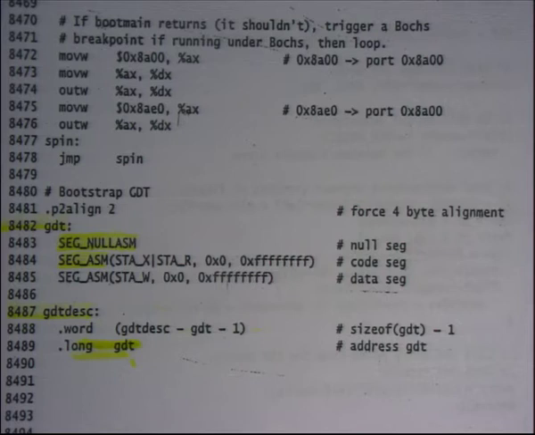The second says seg ASM, which is again a macro. STA X says give execute privileges, X is for execute, and STA R says give read privileges. These are basically specifying what flags I want in the GDT descriptor. 0 says what the base of the descriptor is, and this FFFF says what the limit is, right? So you use a macro to construct the descriptor with flags executable and readable, base 0 and limit 2 to the power 32 minus 1.